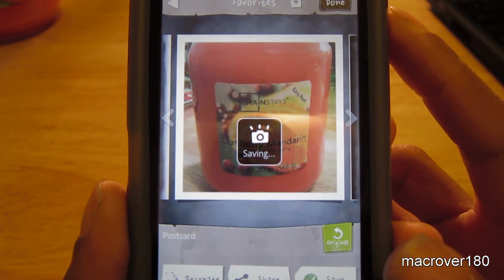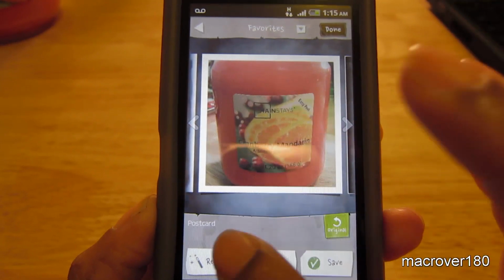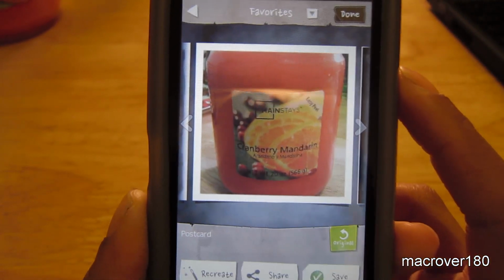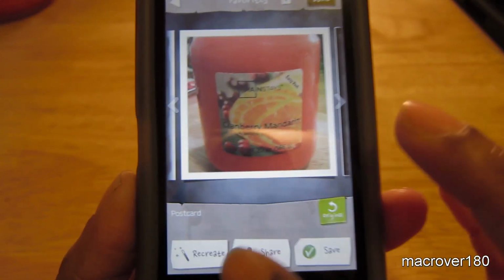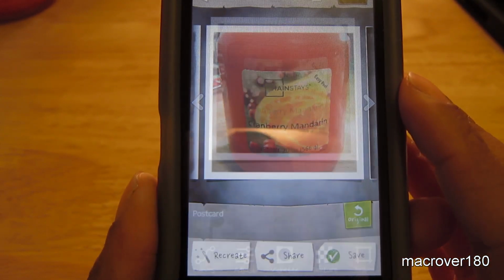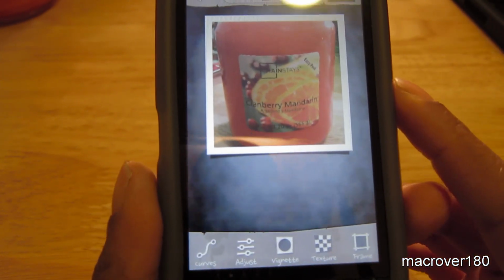Takes a bit. And it's saved to your photo gallery, but it doesn't take you out, so you can still keep on tinkering with the filter. Oh, pardon, I kicked my tripod. Okay, so let's say we didn't want the frame, or we wanted to change around the